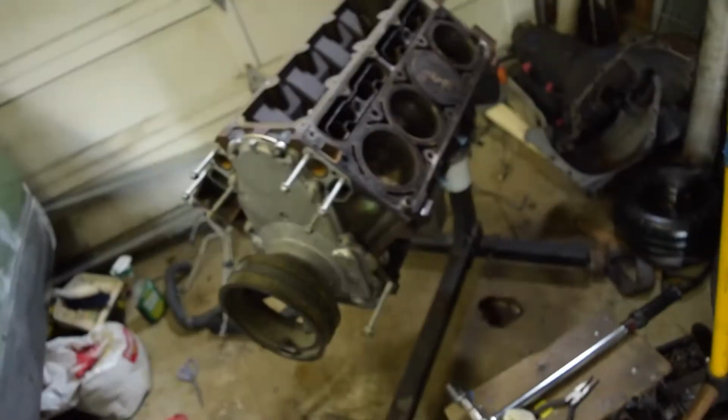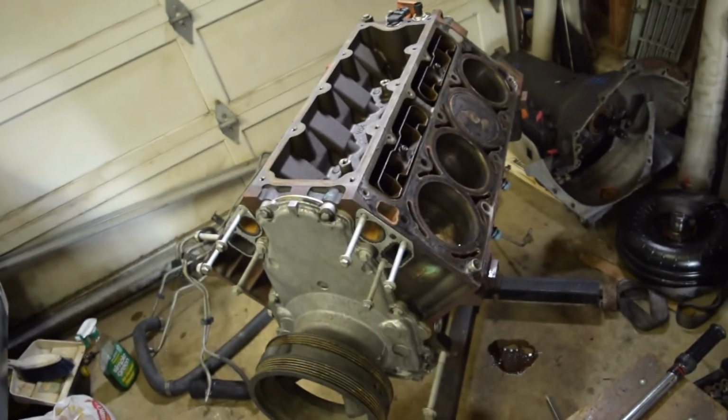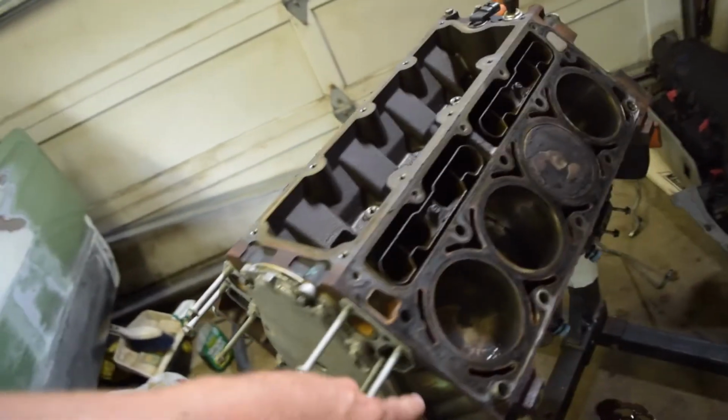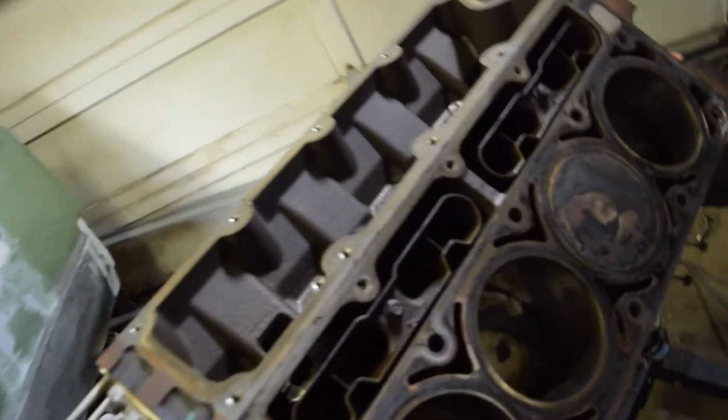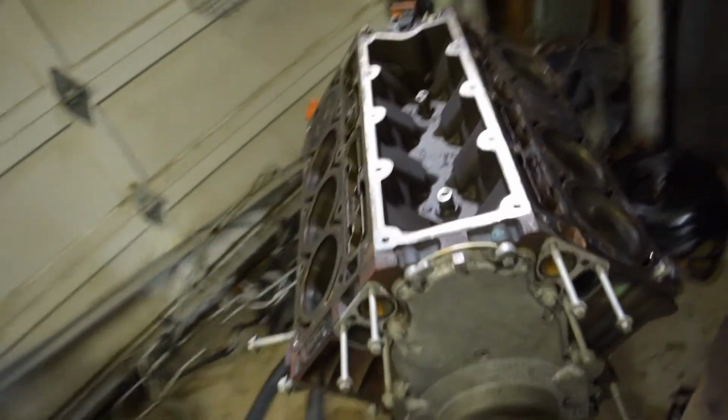Okay, so I'm kind of at a stopping point here. Have the heads off the engine. So, as you just saw, got through that. Looks like I've got a little bit of cleaning up to do here in the cylinders. Got to clean some of the carbon off while I'm in here. I am going to try my best not to do a whole "while I'm in here" kind of thing,